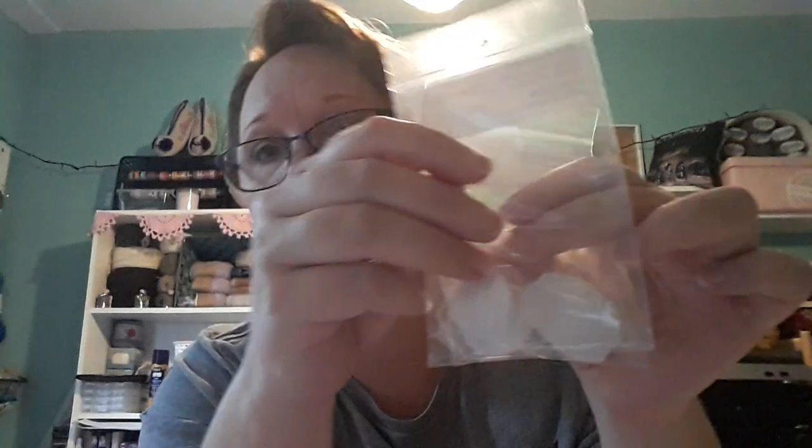paper, and then you can sew around the corners for the English paper piecing to get the shape that you want. And this is a 1/2 inch, and this one is also a 1/2 inch, and as you can probably see, it's also a bit bigger than the paper. So I'm gonna